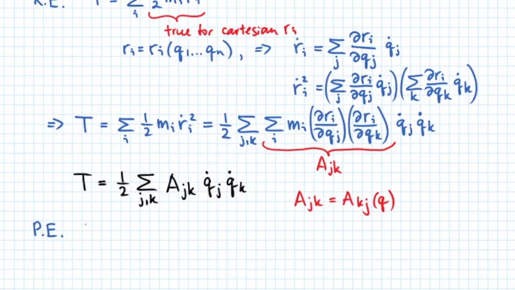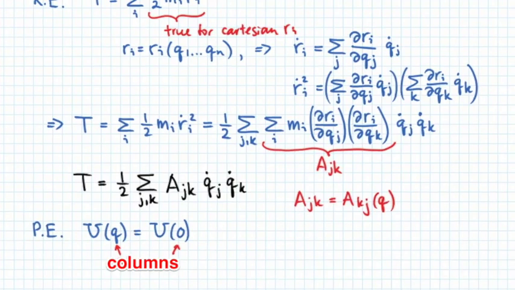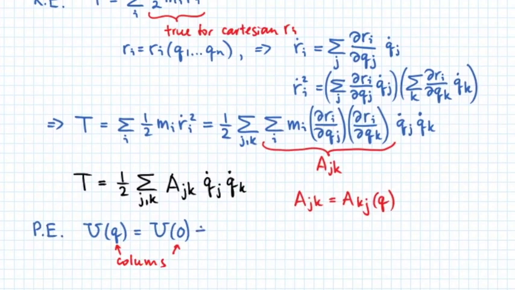Potential energy will depend on the column q, and we will use a Taylor expansion: u of 0, where both q and 0 here are columns, plus the sum of the partial derivative of u with respect to q sub i evaluated at q equals 0 times q sub i,